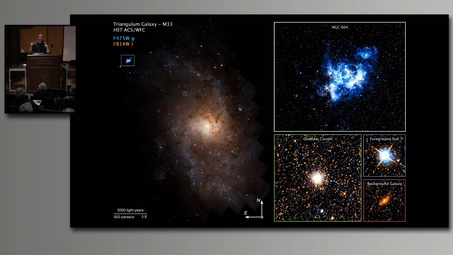So they're able to study more of these bursting star forming regions. The star formation rate in the Triangulum is 10 times the star formation rate in the Andromeda galaxy. So they're able to study in great detail the stellar populations in a galaxy with much more star formation, which will extend the study into new realms.